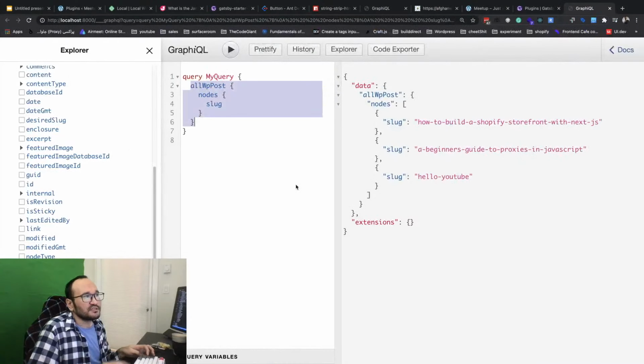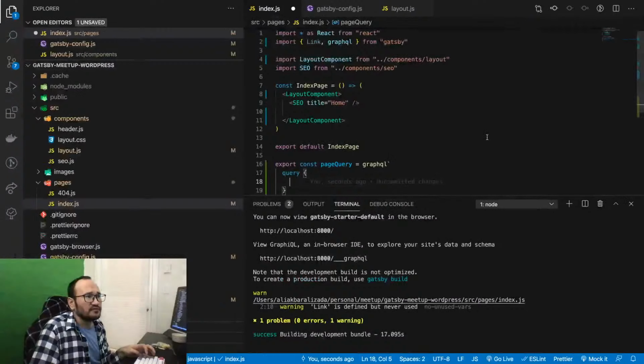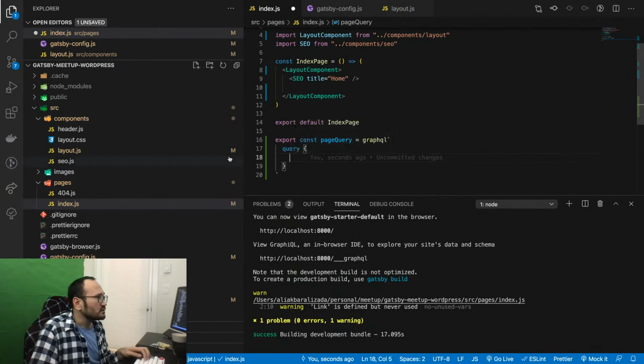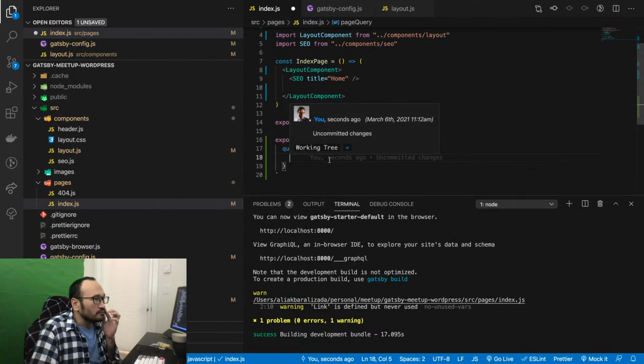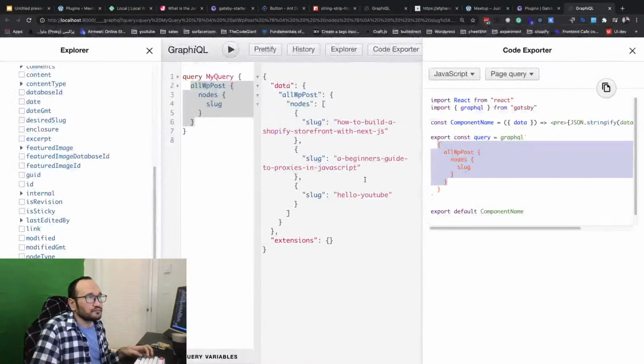One good thing is that this gives you the code exporter, so you can click on that and copy whatever you have here. A little bit different, but it's fine. So what I have here is a query allPost, and that's it. I get all WP posts.